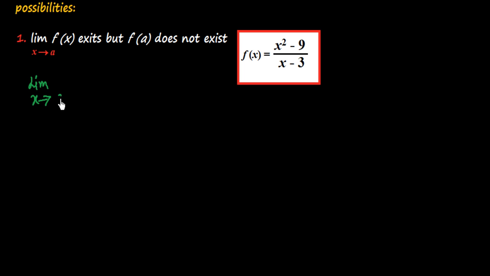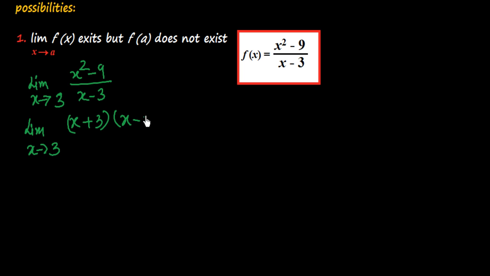X tends to 3, we have to find out this limit, x tends to 3. So we have a function x square minus 9 over x minus 3. So look at here, limit x tends to 3, we are factorizing the numerator, so x plus 3 multiplied by x minus 3. So in the denominator we see that there is x minus 3, and if we simplify this,